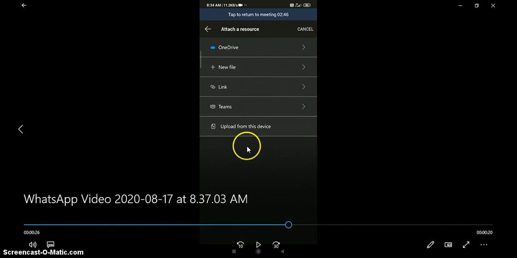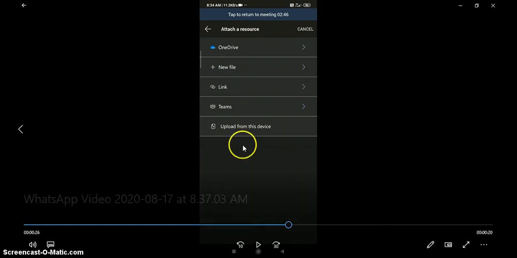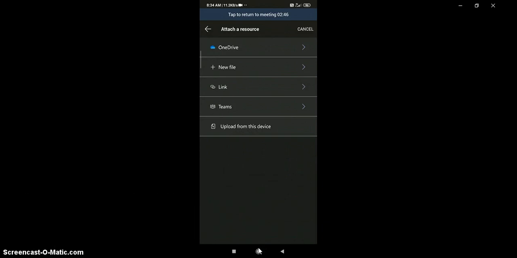When you click on add attachment button, add file button, these options will appear, and you have to click on upload from this device. After clicking on this upload from this device, you will see some browsing options, the location of your particular file. You have to choose your particular file, whether it is a JPG file or a Word file or a PDF file.